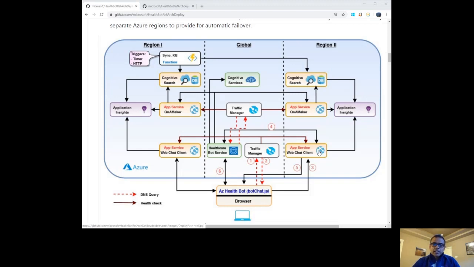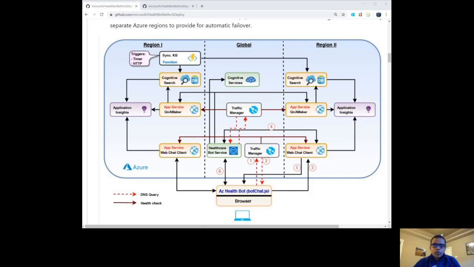An Azure Traffic Manager instance deployed within a global namespace is used to distribute the incoming web chat requests between the 2 chat client app services, as shown in the picture. The Traffic Manager maintains heartbeat information on the 2 app service instances by polling them periodically. In the event one of the app service instances becomes unavailable due to an outage in an Azure region, the Traffic Manager starts routing chat requests to the app service instance in the secondary or the paired Azure region. As a result, the Traffic Manager provides high availability and fault tolerance and ensures there is little to no downtime for the web chat client application.